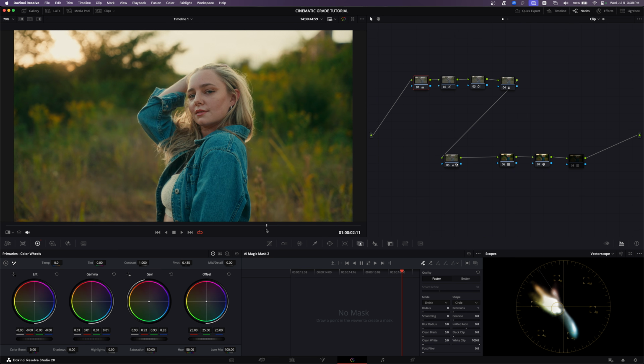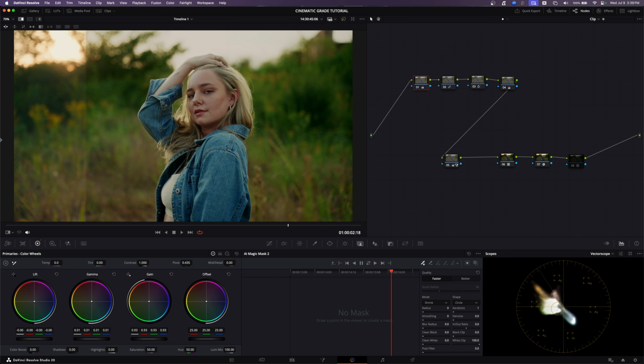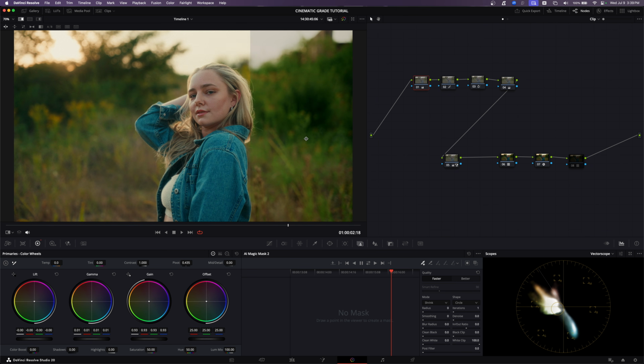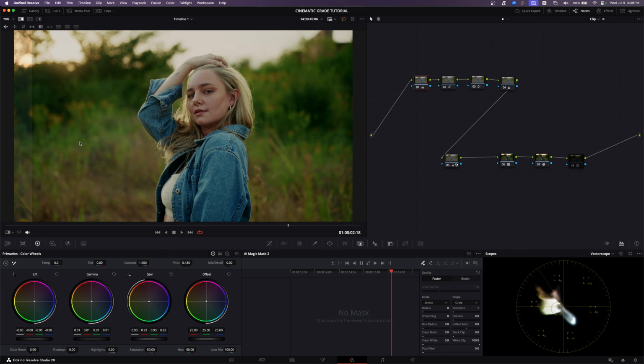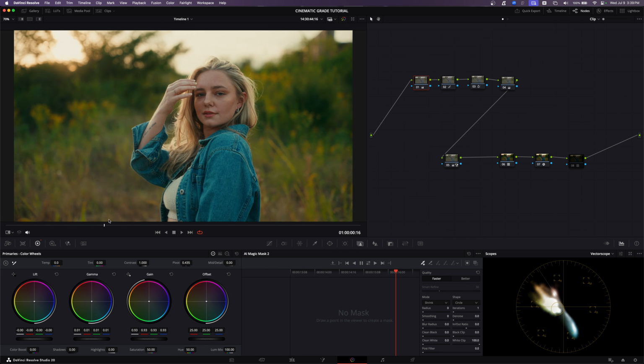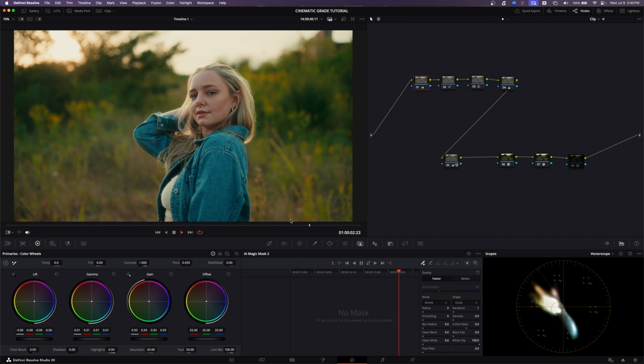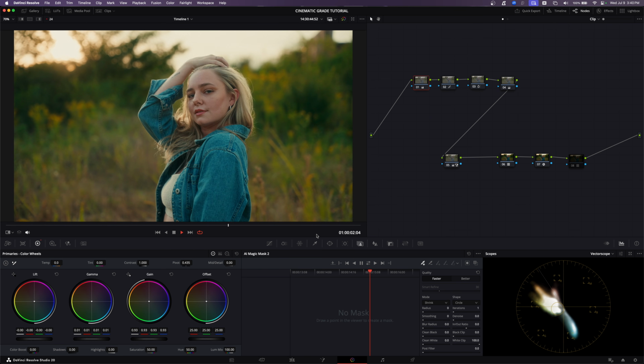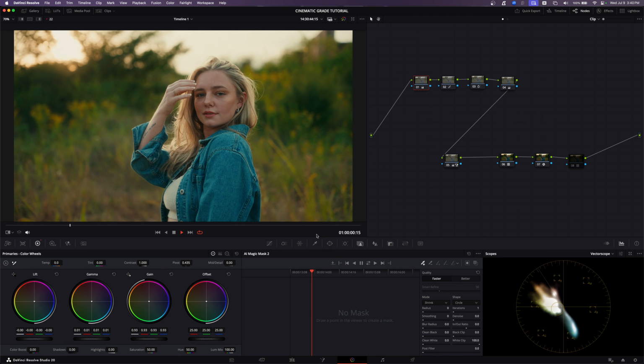Not a shameless plug for the LUTs, but I think it's because the actual film look that I'm using in my LUT is more towards the Kodak 2383, and then the one in Resolve, I'm not quite sure what it's doing. It's adding some split toning, but I think that is a lot to do with it. I really like this kind of cyan that's being pushed into her jacket, and then it's got these more warm, I don't know, it's like a fall vibe on this one. So I really like both of them, to be honest,